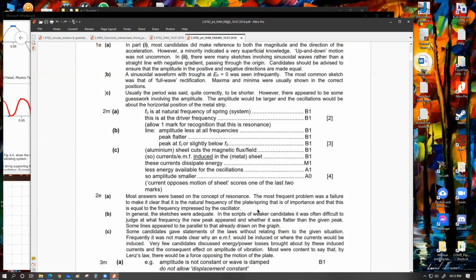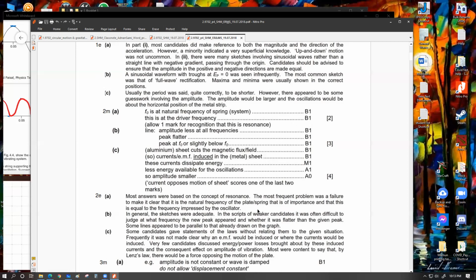So many students try to mention the word resonance, but how resonance is actually happening, what are the physical requirements that were fulfilled for this peak of the graph, what are the physical requirements that had to be fulfilled for resonance to happen, ওই জিনিসটা স্টুডেন্টরা অনেকে প্রপারলি গুছায় লিখতে পারে নাই।